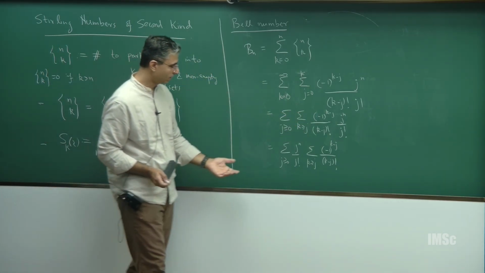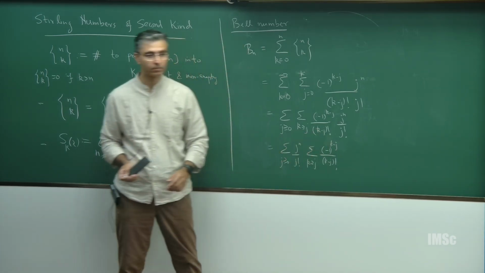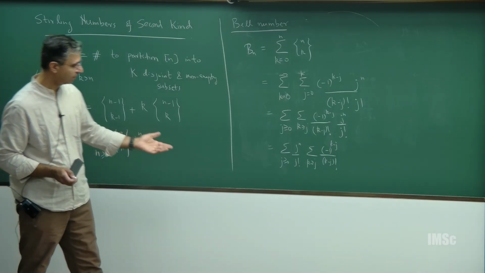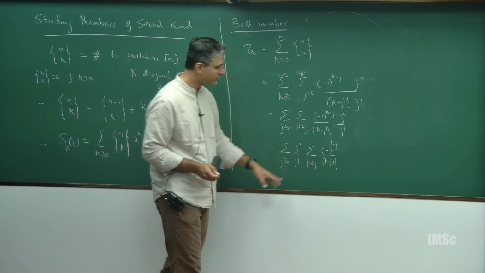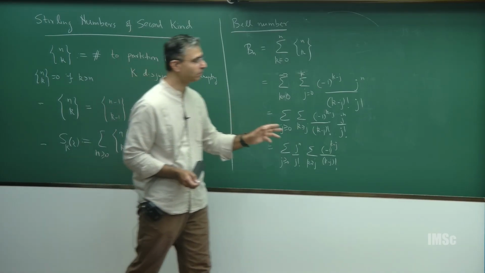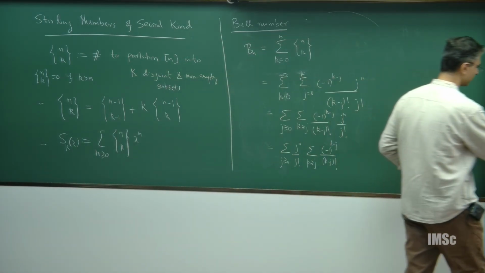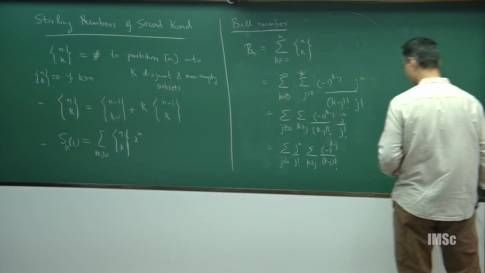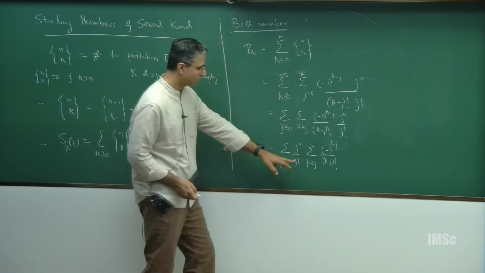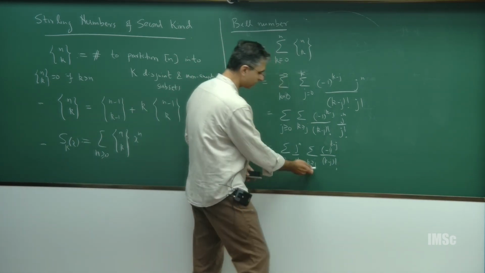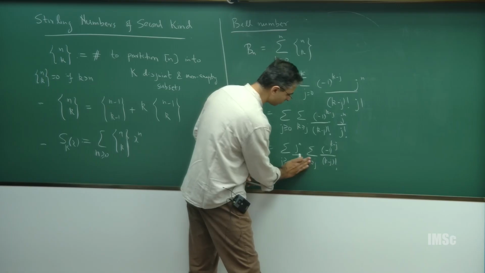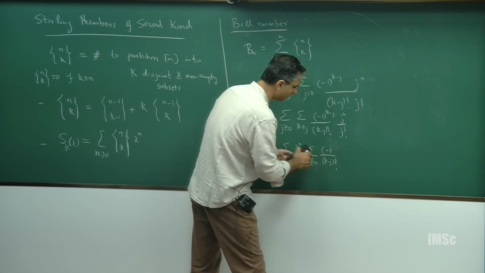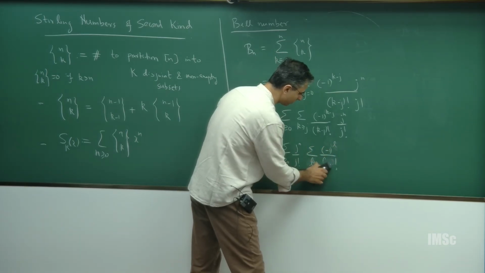Okay. What is this sum? This is some nice series, if you have seen this, and there are a few series that we have to keep in mind. One is the geometric series, we are all familiar with. This is the exponential series. So, what is this? k is greater than or equal to j, so we can just write L greater than or equal to 0, minus 1 raised to L over L factorial,